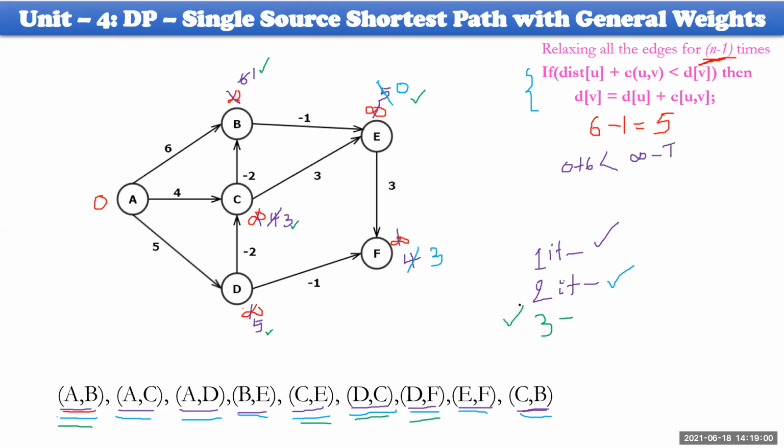After completion of the third iteration, we could not find even one distance that has changed. Therefore, the distances will be: A to A equal to 0, A to B equal to 1, A to C equal to 3, A to D equal to 5, A to E equal to 0, A to F equal to 3. This is the final